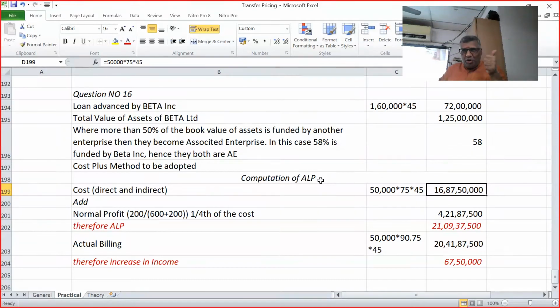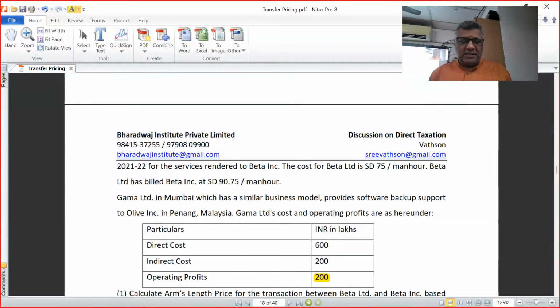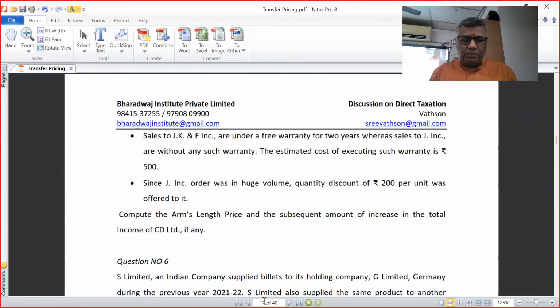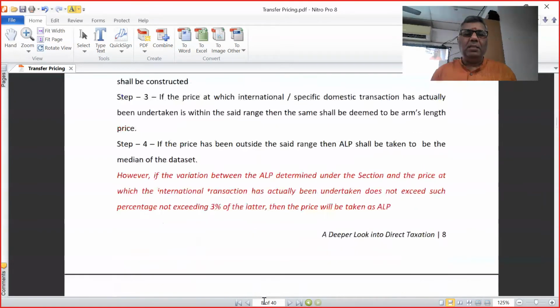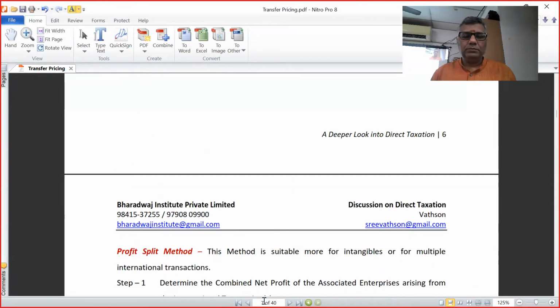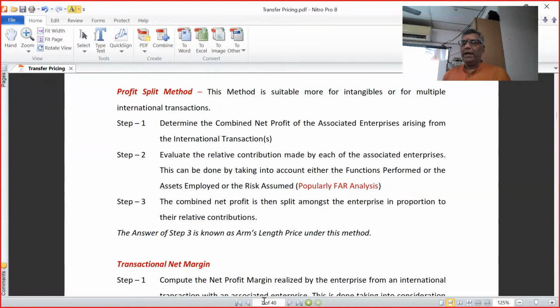Comparable uncontrolled price method, resale price method, cost plus method. The fourth is profit split method. Listen, if the Indian entity and its associated enterprise